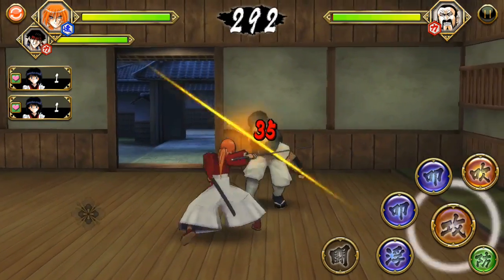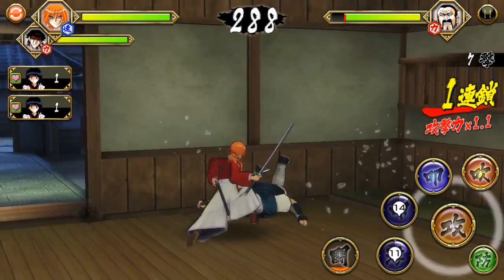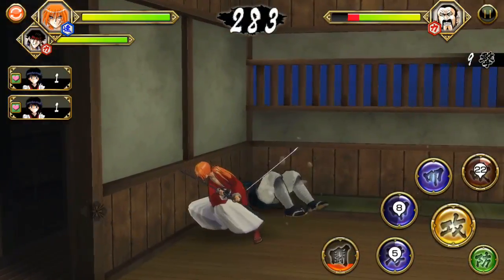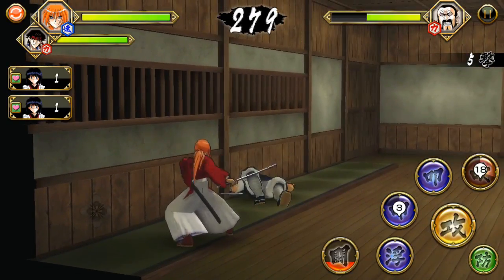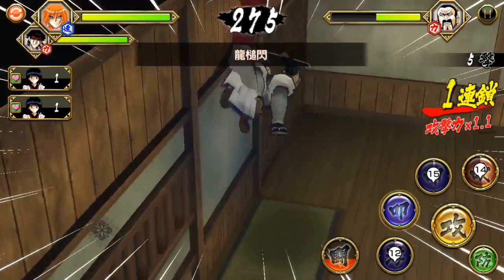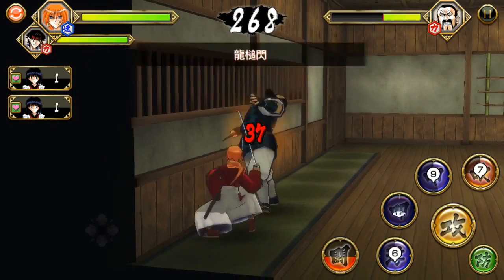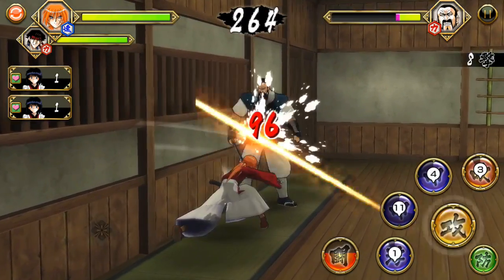Your combos still work. And you can move in, back off. And again, this is the tutorial boss, so he's not exactly difficult. By the way, if you ever find yourself in a situation where you need to do it, the green button is to block. I've never been in a situation where I felt like I needed to block, ever, so...